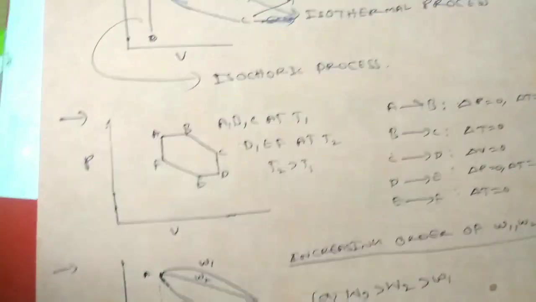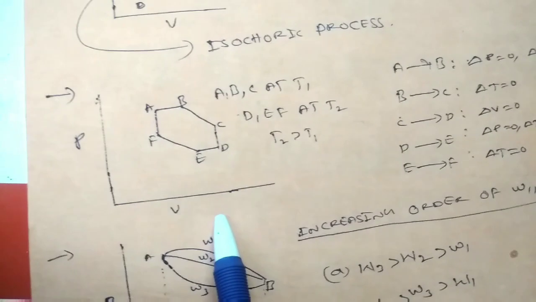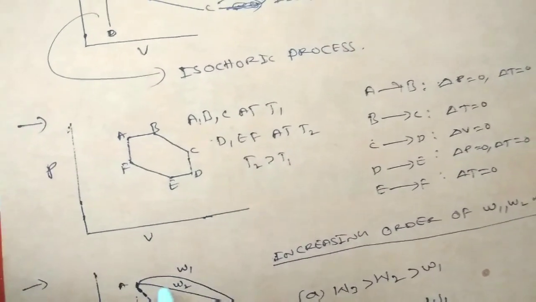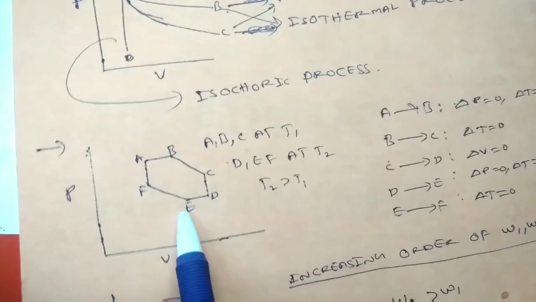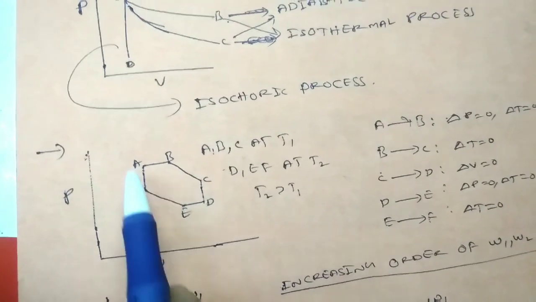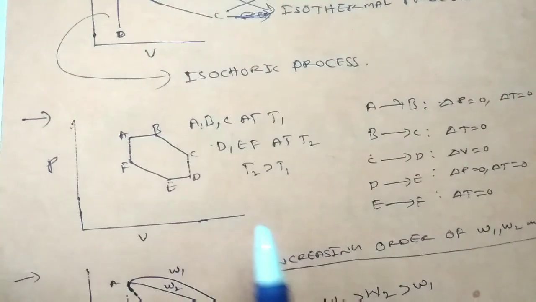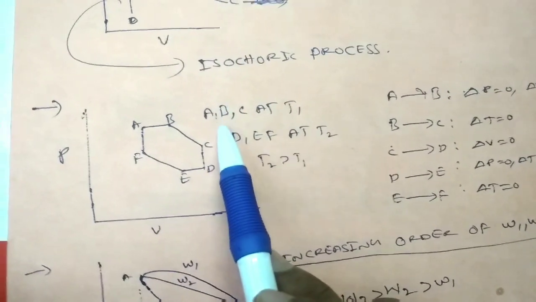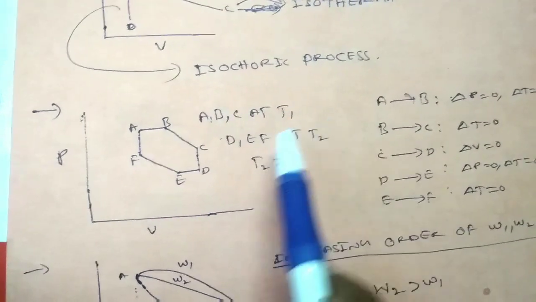Now they have given one graph here, a plot between pressure and volume, and there is a cyclic process. The cyclic process starts from A and goes to B, C, D, E, and finally ends at F. Again it comes back to A, so this is a cyclic process. In this process, we have to identify the thermodynamic process. Another condition they have given: A, B, C are at T1 temperature, where T1 is the temperature,